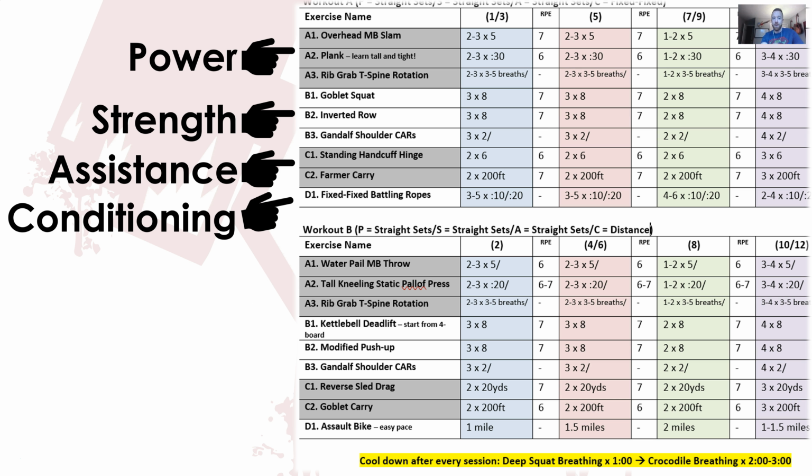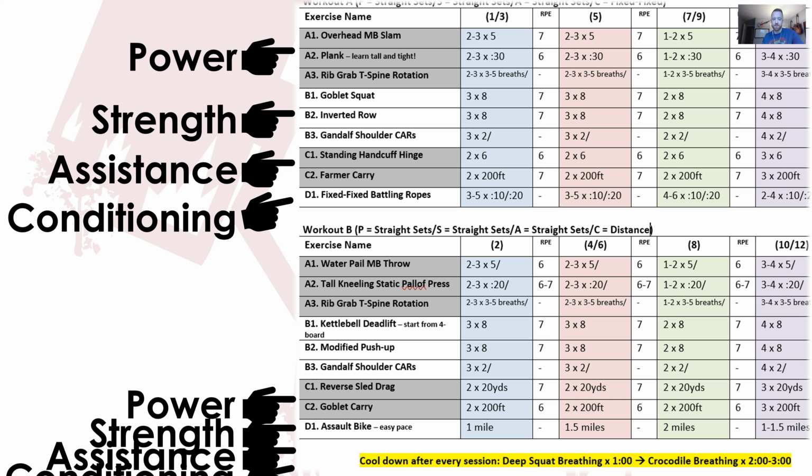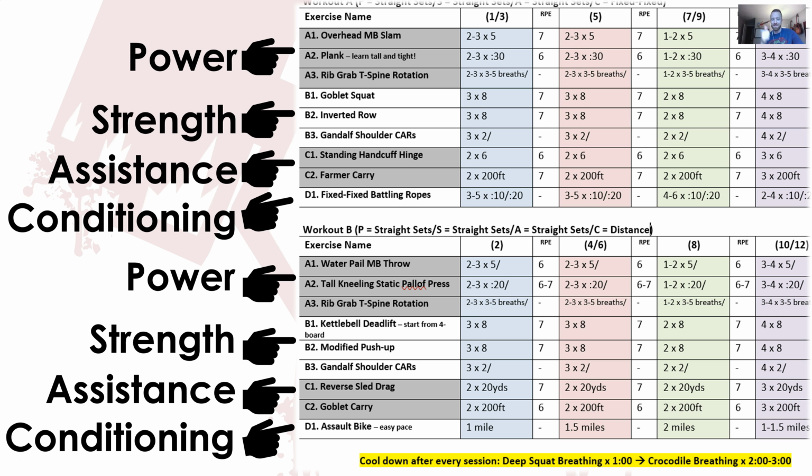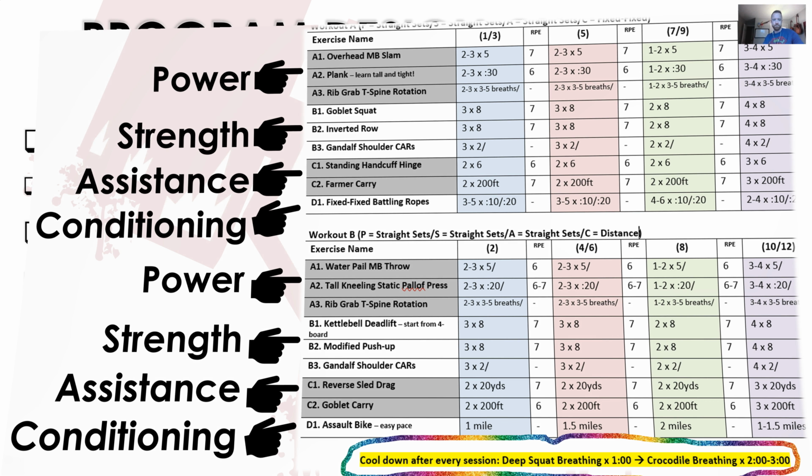So whereas workout A was goblet squat and inverted row as our primary strength movements, you can see that workout B was deadlift and push-up as our primary strength movement. So workout A was a hinge, a squat and a row. Workout B was a hinge and a press, right? And then assistance would kind of balance everything out. At the very bottom here, we have our cool down that we do before we head out of the gym. And that pretty much does it.